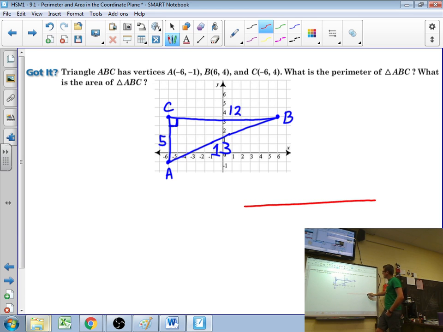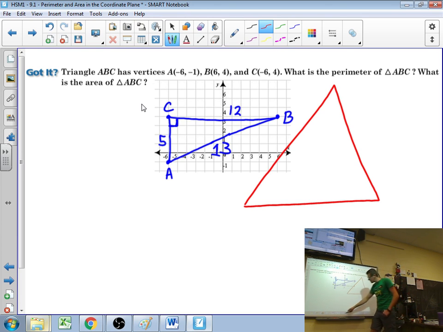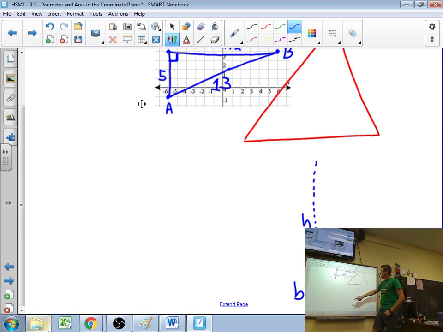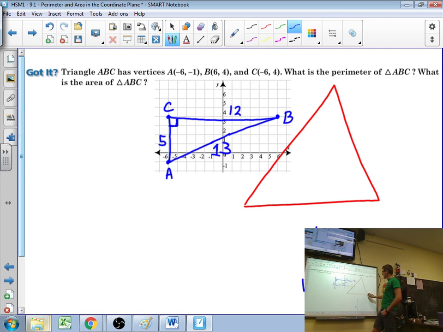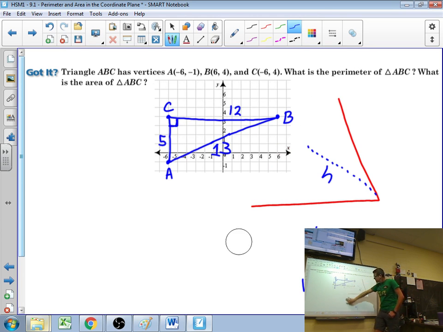So let's say I had a triangle like this. I don't have any meeting points that are perpendicular to each other, so I can draw an altitude by coming from this point straight down. So that would then be my height, and this would be my base because they have to be perpendicular to each other. Or if I decided to drop an altitude from one of my other sides, like say from this point, I could come perpendicular from that side over here. This would then be my height, and this side would then be my base because they have to be perpendicular with each other. So I really end up with three choices,